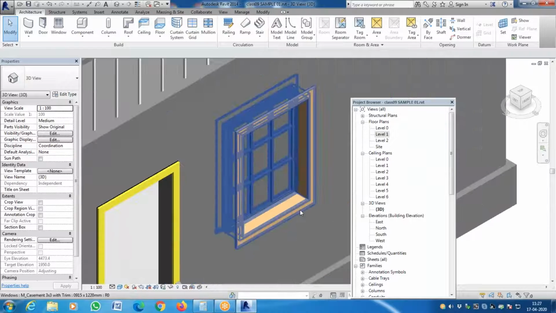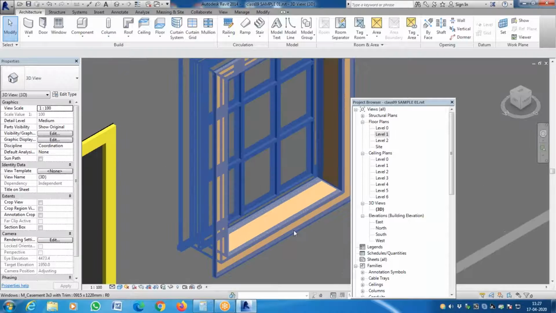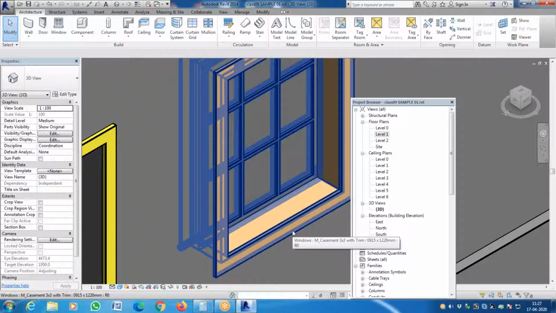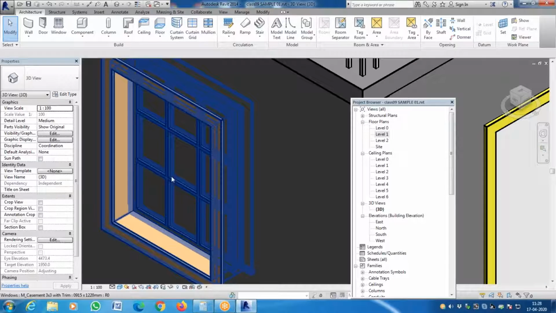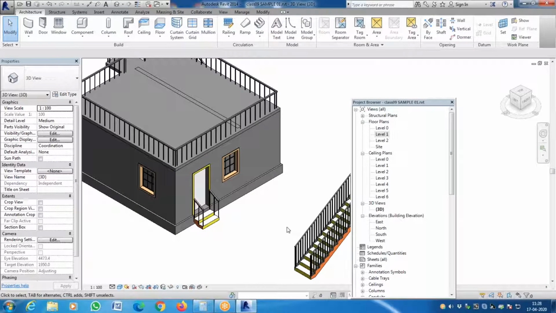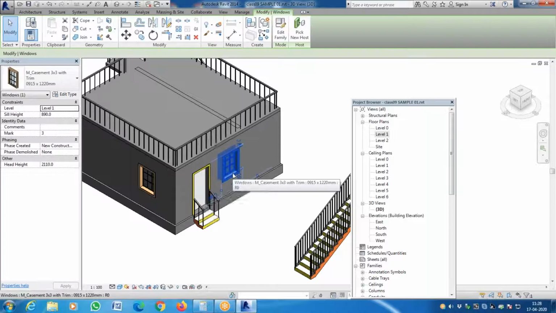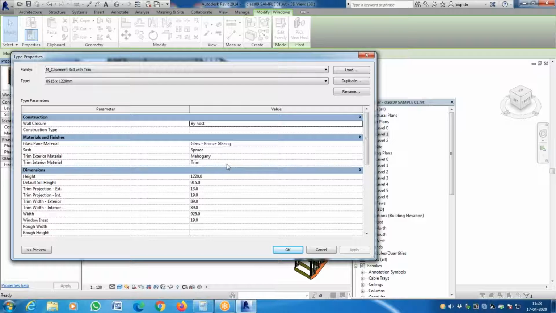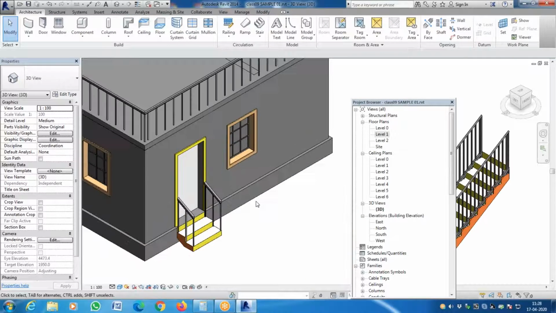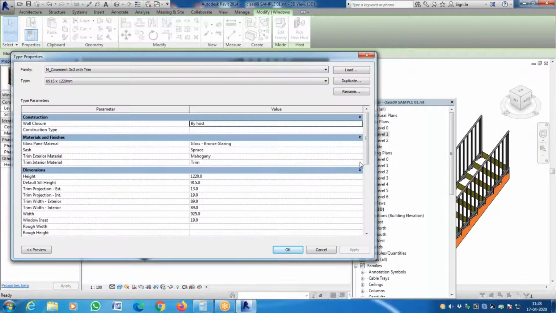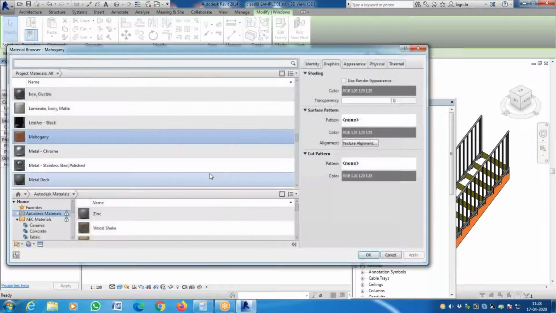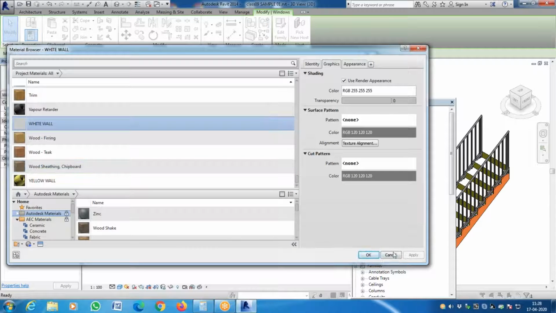See, that window was placed inside outside, there was a difference. That is the reason it was not seen properly. So the entire change has taken place on this window. Now it has some changes with all these things. So this is how you can change the material. And mahogany, if you want to make it white,